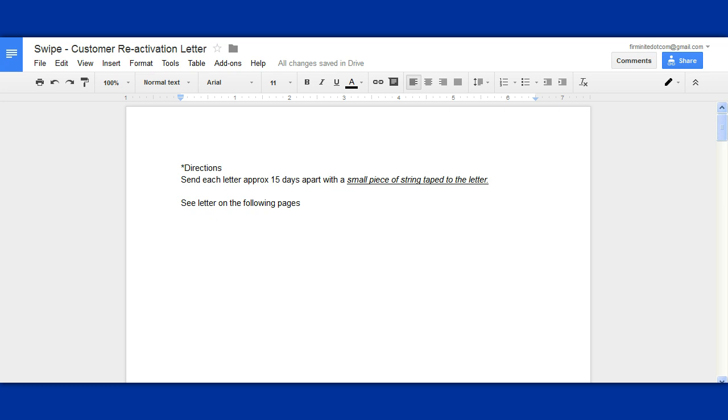So this letter doesn't so much focus on the debt itself. It focuses on other stuff and just makes exceptions that we understand that you forget about this from time to time. And you're going to see what I mean by this once we go through this letter.